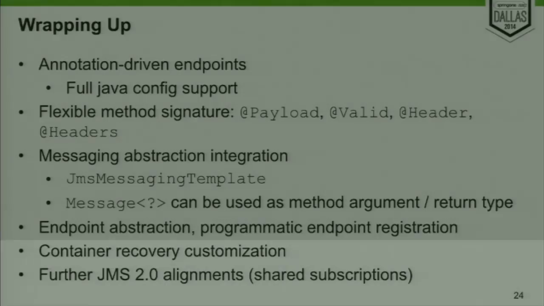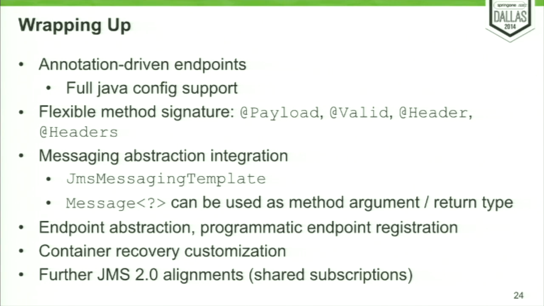All right, for the sake of time, let's wrap up here. We've seen quite a bit of stuff. So there is, of course, the new annotation-driven endpoint model. There's the improved Java configuration story at enabled JMS, the JMS Listener Container Factory, all the little fancy ways of expressing the configuration in the configuration class. Well, we should add there's support in Boot 1.2, which is currently in milestone phase, but about to go GA towards November at least, so it's not far away. There's full support for all of this, and really convenient support, as you've seen, in Spring